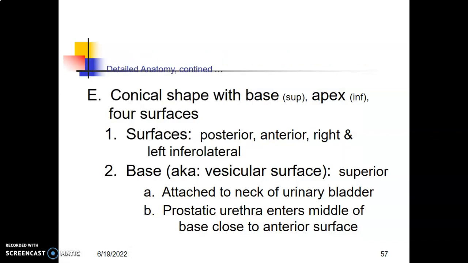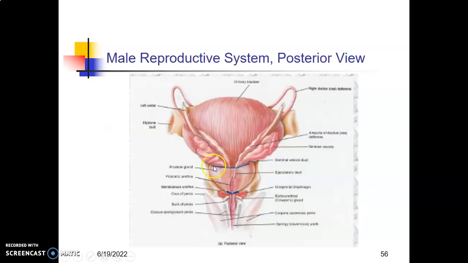The prostatic urethra enters the middle of the base close to the anterior surface. This is the base. In the middle of the base, you have the prostatic urethra from the bladder. So remember, this prostatic urethra contains the opening of the ejaculatory duct. The ejaculatory duct brings it from the